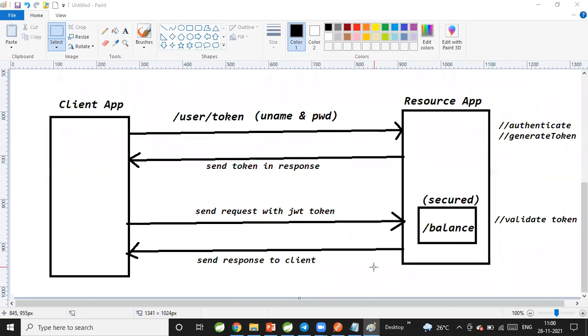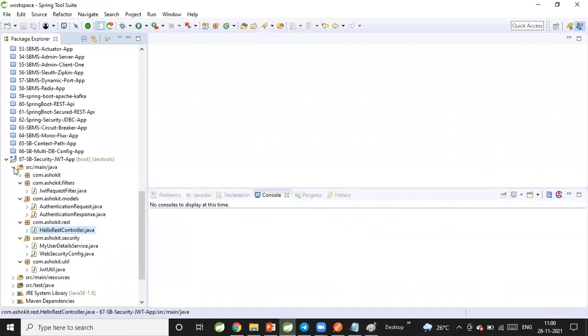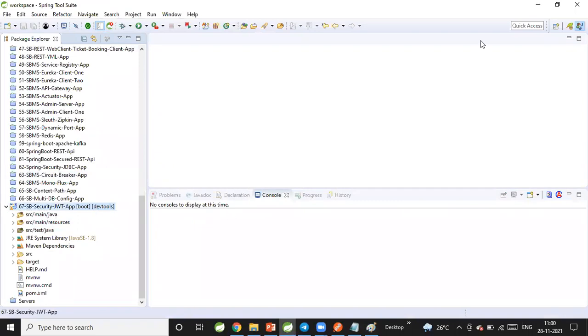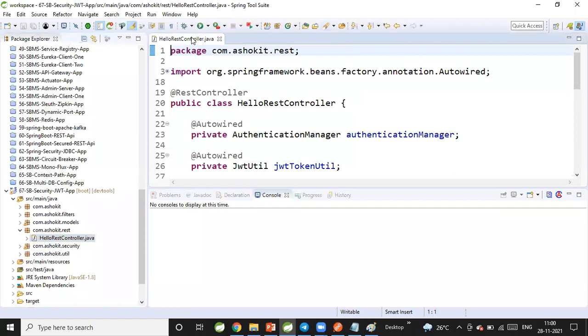Fine. Next, guys. Now I'm going to take one application which is implemented with Spring Boot and JWT. I will give you a code walkthrough for the JWT application. Let me take one simple application where I have a REST controller, HelloRestController.java.